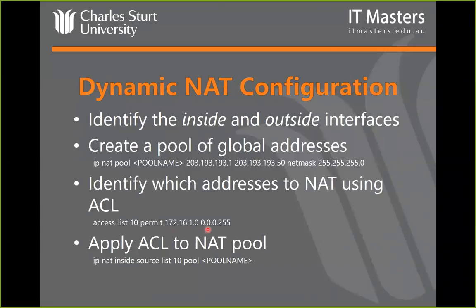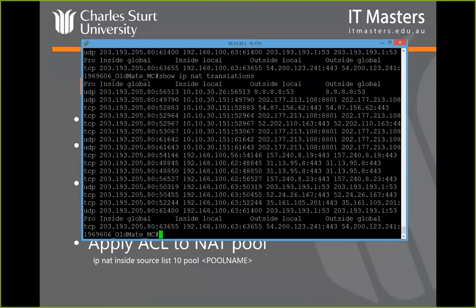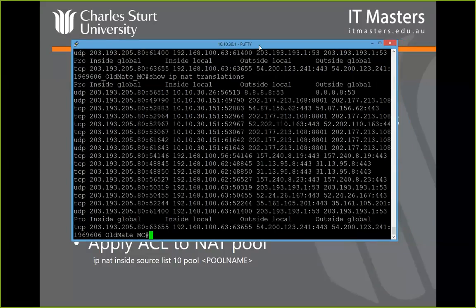So 172.16.1.0, that's mapping an entire subnet. And what I've been showing you here is effectively doing that. So that's what you'll see. You'll see all these different source addresses and ports. The point that becomes important with an overload then is the actual ports. They will be different for each of these hosts. It can't be the same. If they use the same ports, then there's a clash. Clearly that's not going to work. So that's how it distinguishes between the IP addresses in an overload or a dynamic situation where the pool has become full.